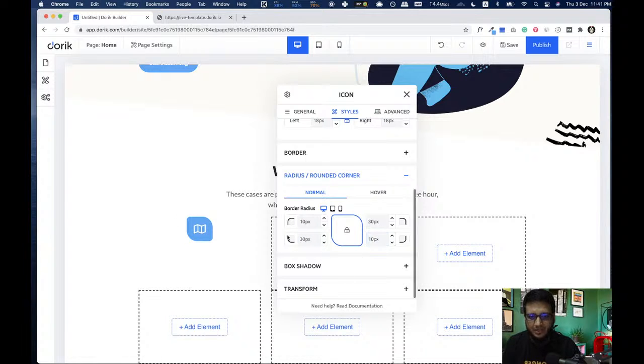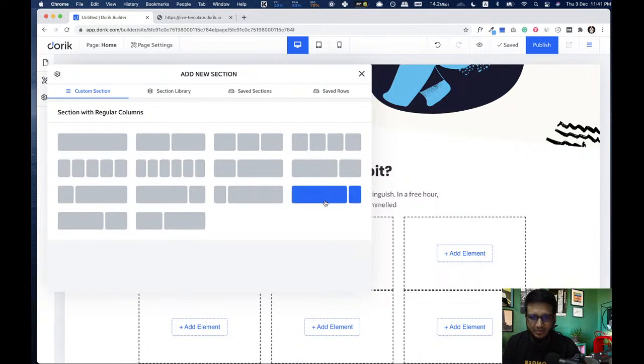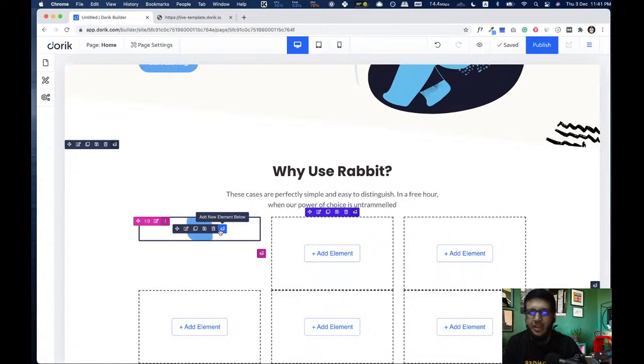So here it is how I made it, 10 pixel, 13 pixel. So now I have added an empty section, but instead of this section we are going to add the option to add something like this here. So you can just click on it and add a new section, and it will create an empty space at the bottom of the editor. Yeah, we have this in plan, but we are really stuck with other features too, so we did not really have the time to push it, but thanks for the suggestion.